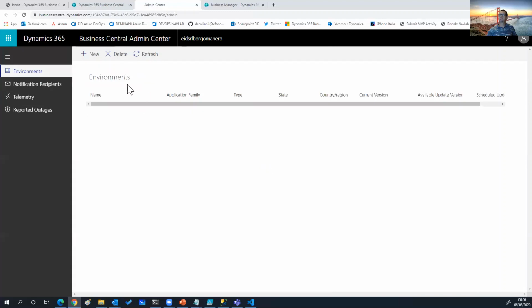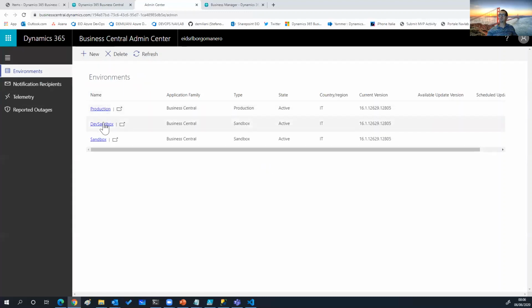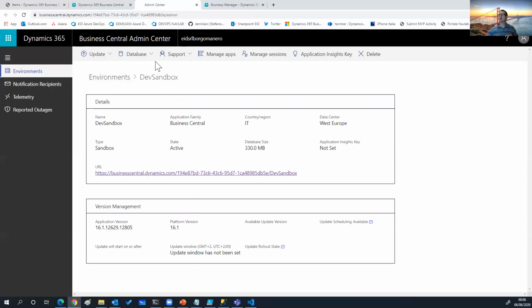Related to environments, I go again into my environment. Related to environments, you can also do other things. Another interesting thing that you can do is to create a database export. This means that you can export the backup of your database. The database backup is automatically created by Microsoft and exported to you to